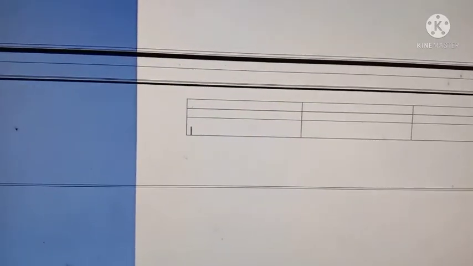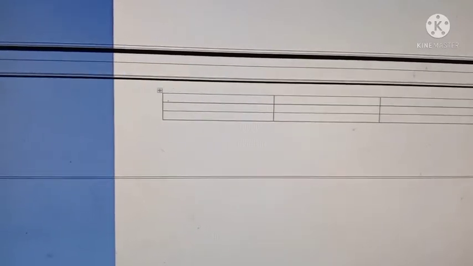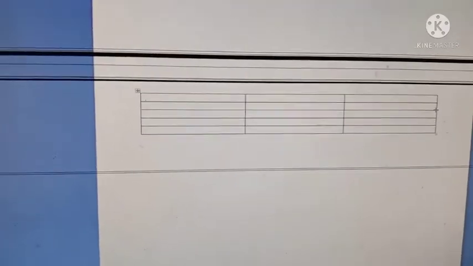Don't click the enter key when the cursor is inside the cell. Look here, I'm going to click the enter key. Now the cursor is inside the cell. Can you see this? The size of the cell increases. So if we want to add more rows, just go outside and click enter key. Again go outside and click enter key. So we can add the rows, whatever we need.